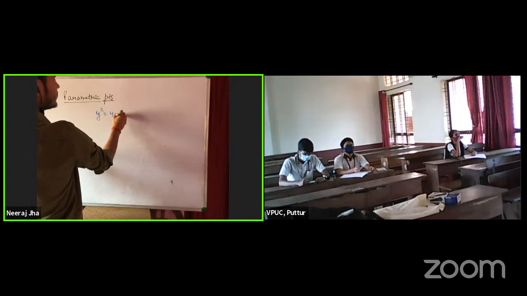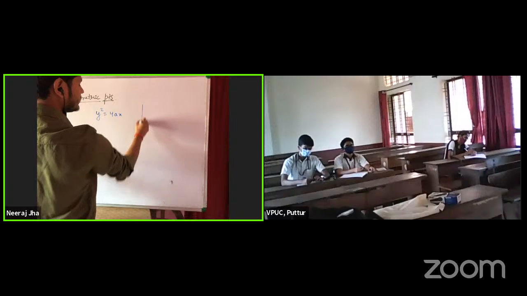Parametric points में, let's see, if we have a parabola y square is equal to 4ax, at this